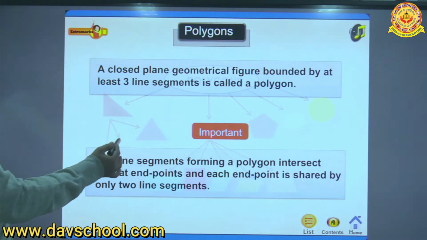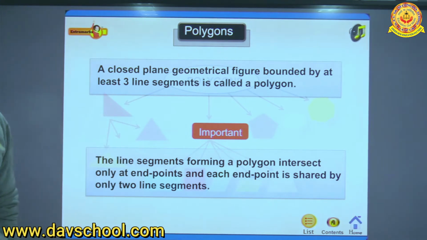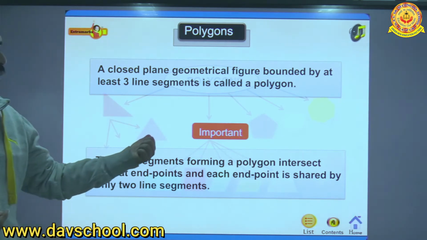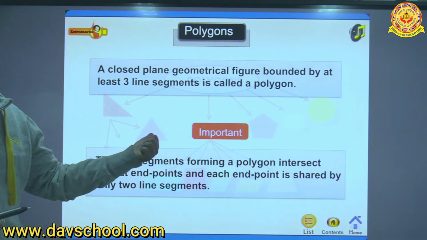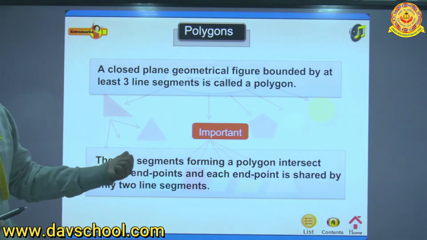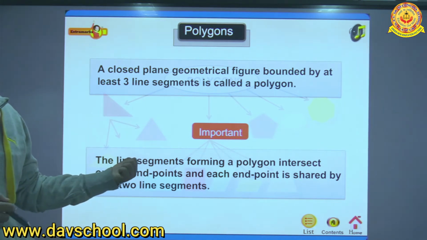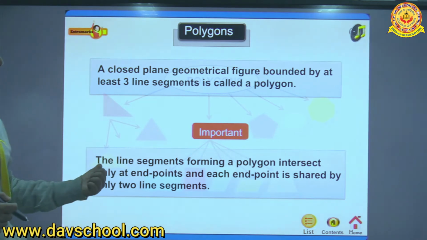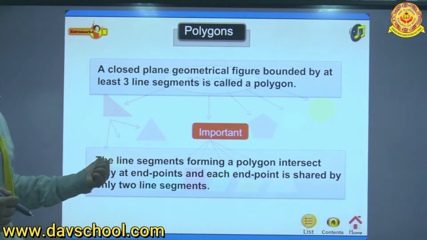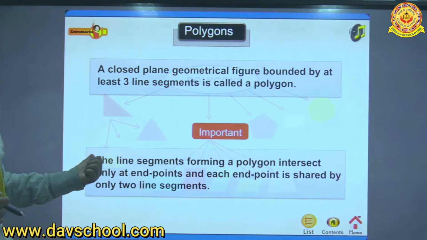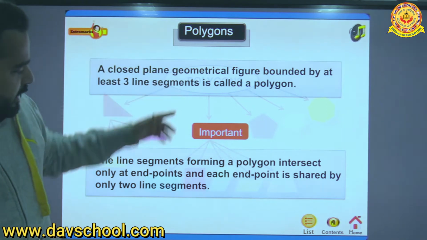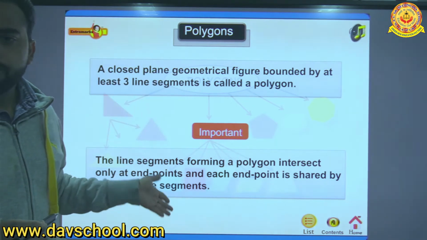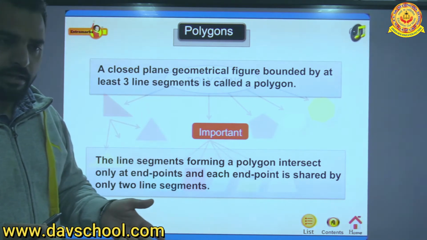Look at this. Triangles are also divided into 3 categories. One, when all sides are equal, this one, which is the equilateral triangle. The second, when 2 sides are equal, we call it an isosceles triangle. And when no side is equal, what do we call it? Scalene triangle. Okay, similarly, when the number of sides is 4, we call it a quadrilateral.